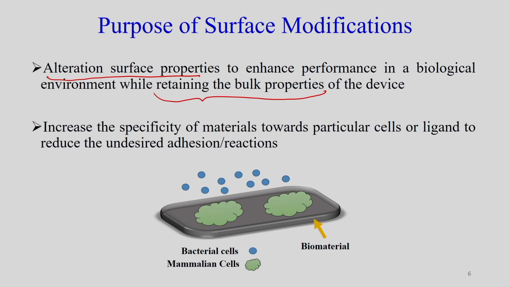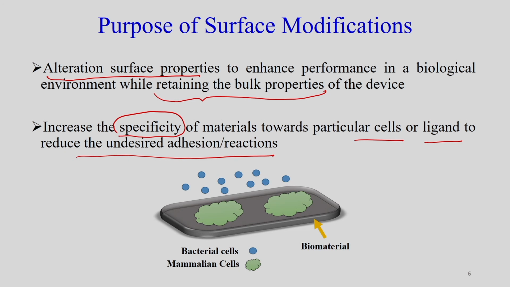Like, as I told, one example was you want to increase the specificity towards a particular cell or a particular ligand, and to minimize the undesired interactions. So, these are the purposes or objectives of